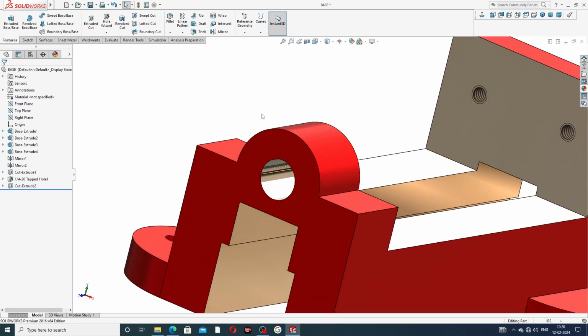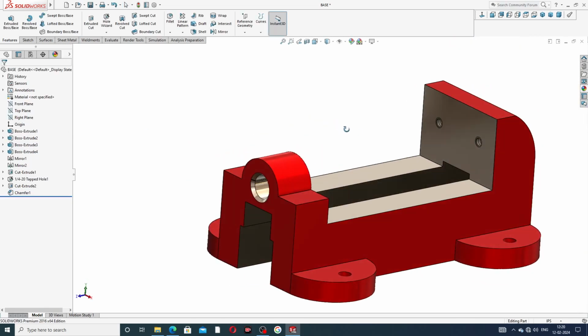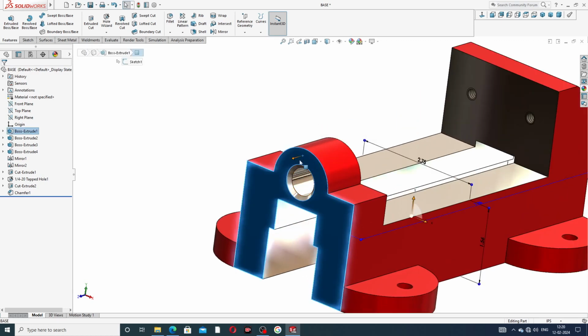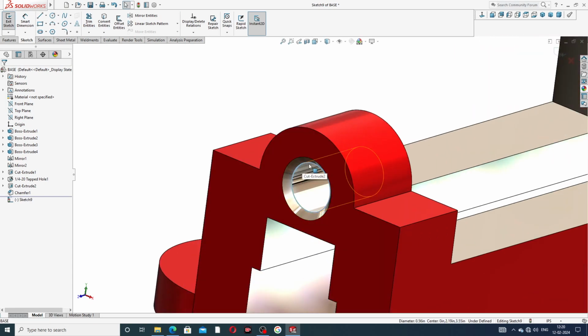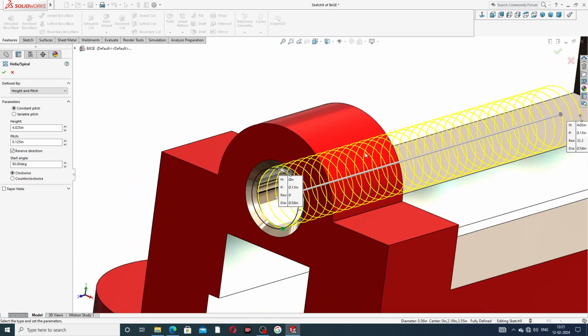Okay, all is perfect. Drawing here, and select a chamfer, and chamfer is 0.075 inch, and 45-degree angle, select here this, and click OK. Okay, all is perfect, and select this face, and sketch this face, and select this inner line, and this is going to vertex, because this is for the thread, and creating the thread is very important, and going to Helix and Spiral, click here, and then